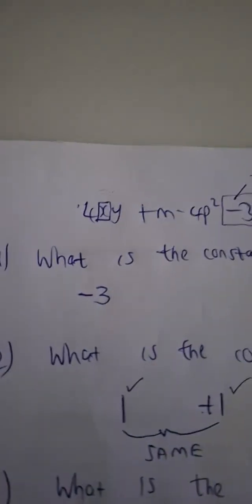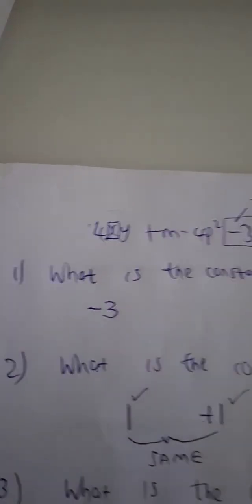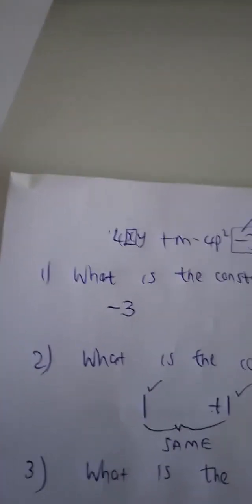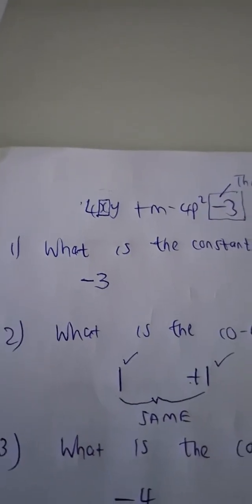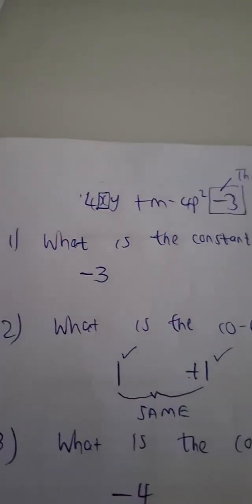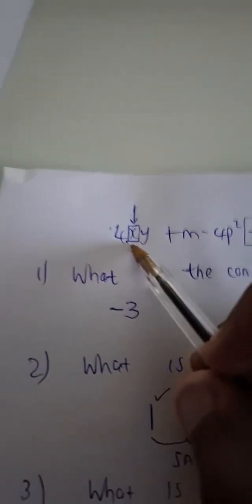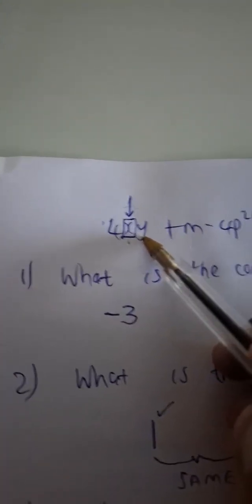The number and the variable. Now you are going to say, but sir, how can you say we are also going to consider the variable? My man, listen to me. The thing is that y is a variable, of course, but it is standing in the place of an unknown number. So if we are being specific and we are saying we want the coefficient of x, then it stands to reason that we must write down the coefficient as 4y,